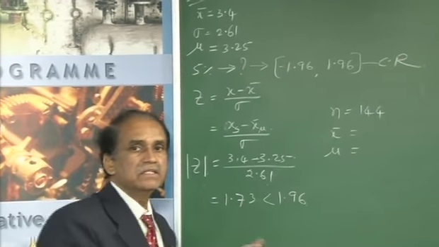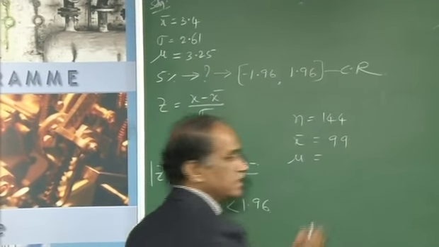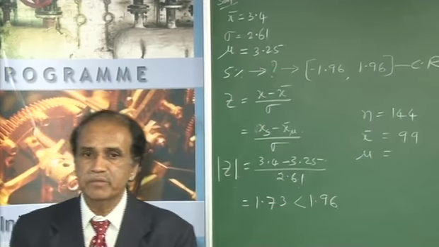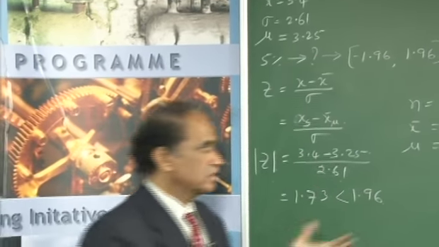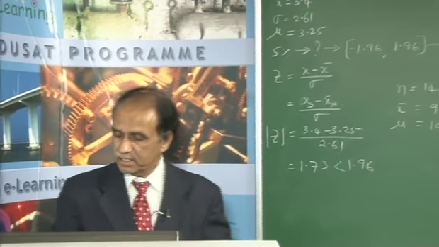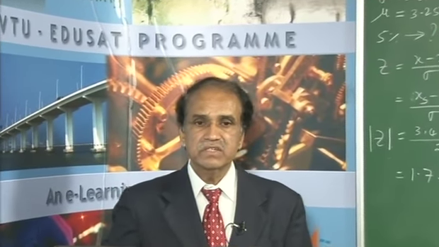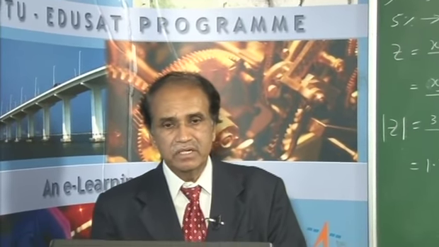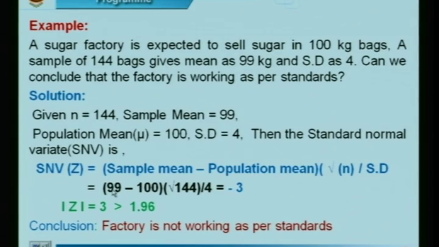Then the sample mean is given as 99, and the population mean declared is 100 kg. Then you have to consider the standard normal variate, that is the sample mean 99 minus the population mean, divided by the standard deviation, that is square root of 144. Therefore the standard normal variate z value comes to be modulus of z equal to 3, and this calculation by z test,